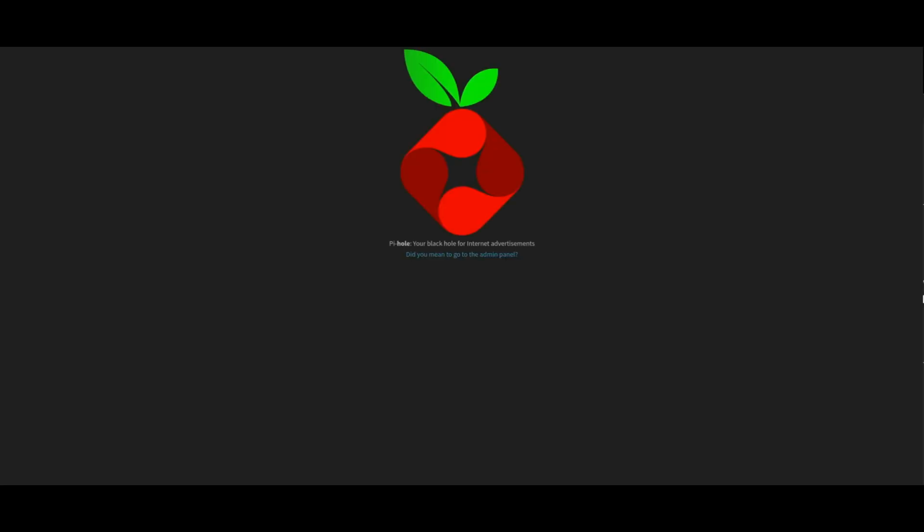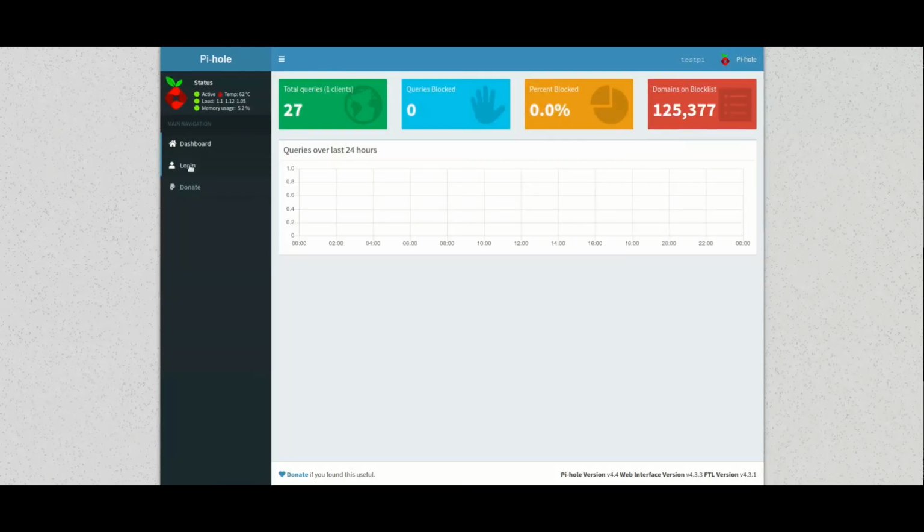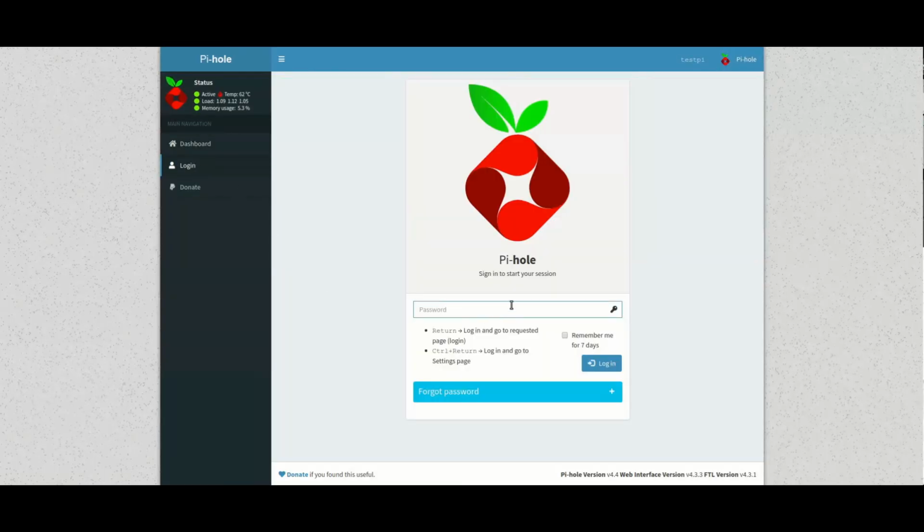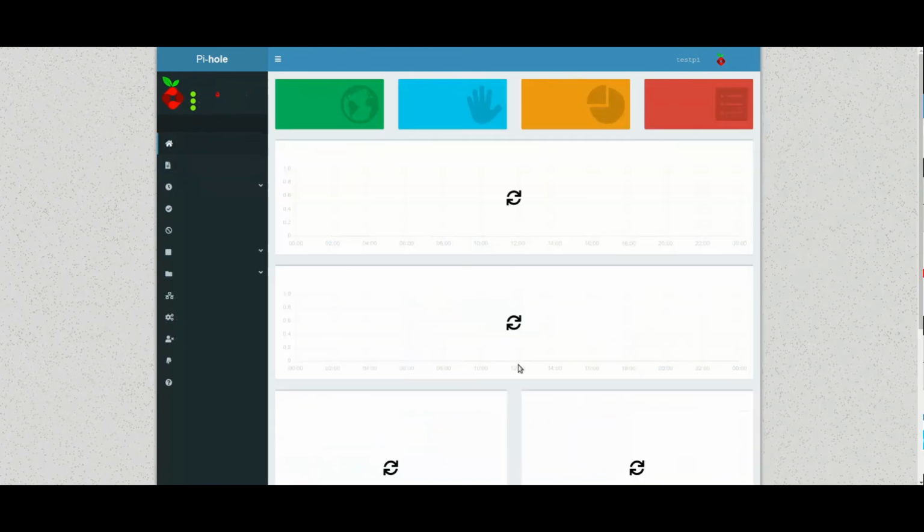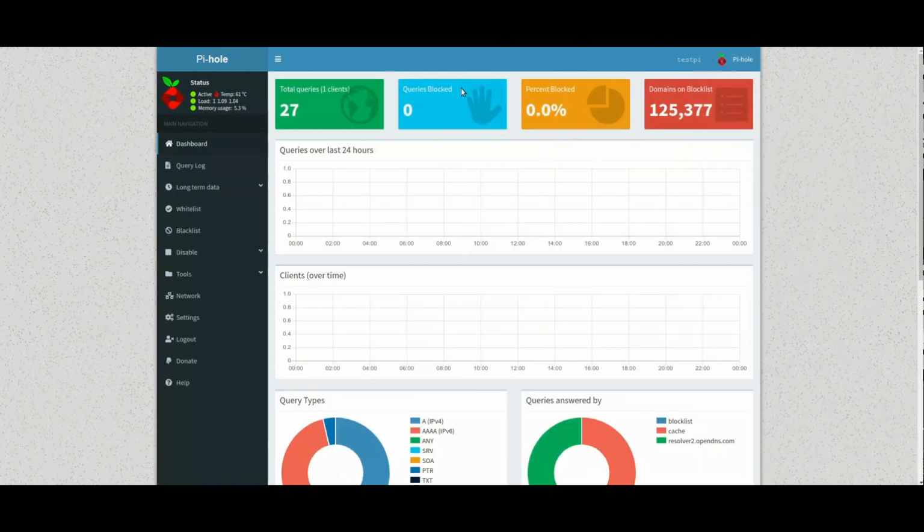4. All right, and then we have to do /admin, of course. And now you can log in, and that password is, I can copy and paste into here. And we're going to log in, and now you're in the admin section of Pi-hole. You can see the current temp of the processor. You can see what load there is. The average memory usage right now is like 5%.